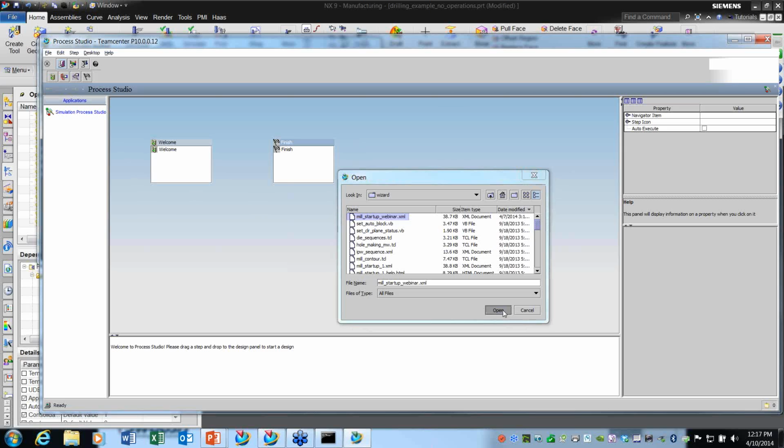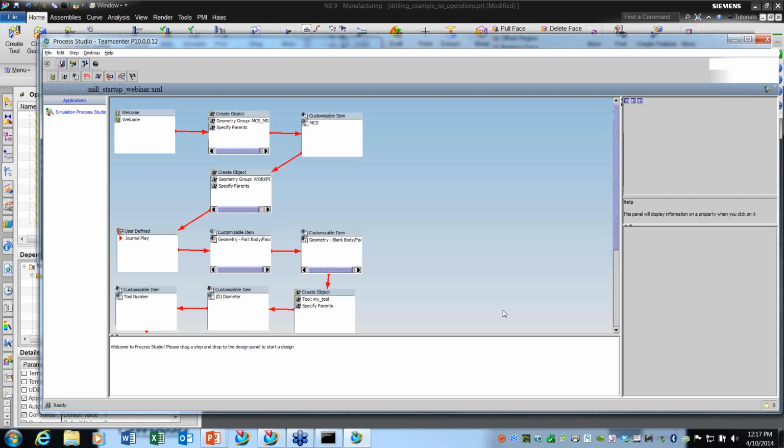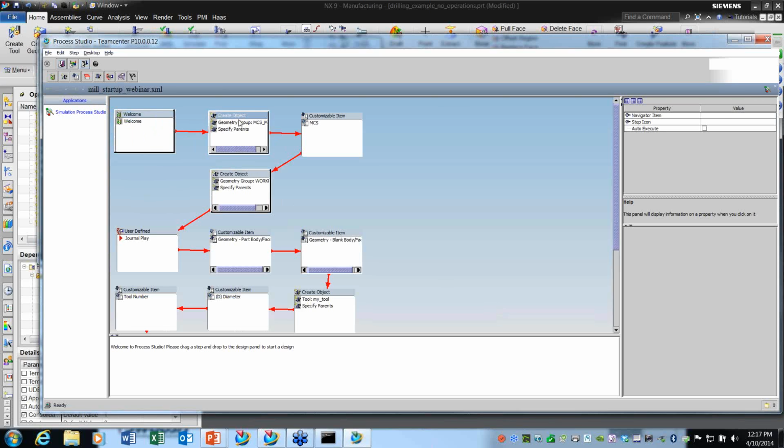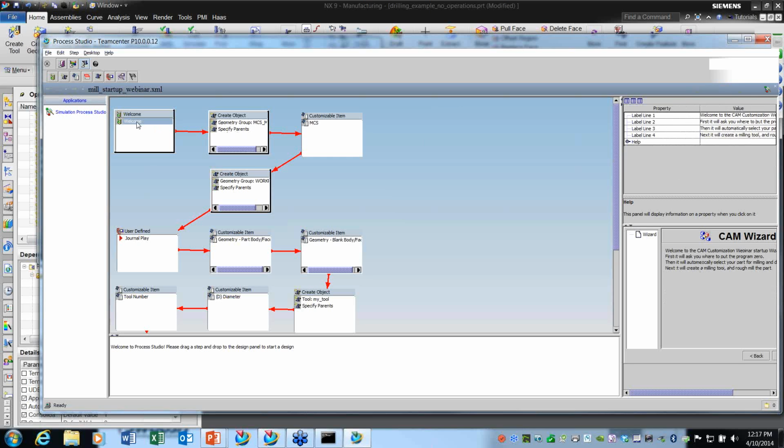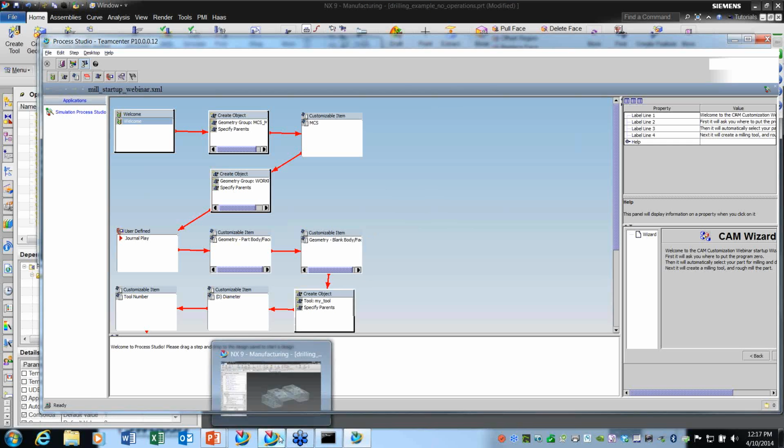This is a very fast process that I created for this webinar, and you will build your process here. If you can see the right side of my screen, it will tell the operator exactly what they need to do. Back at the welcome screen, I have it customized where I welcomed you to the webinar. And to go back into NX now,